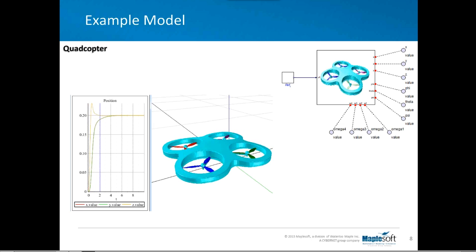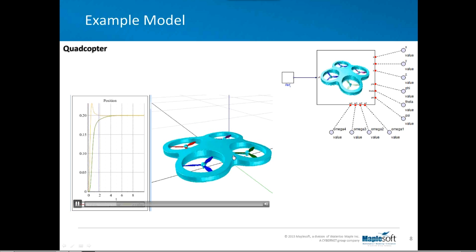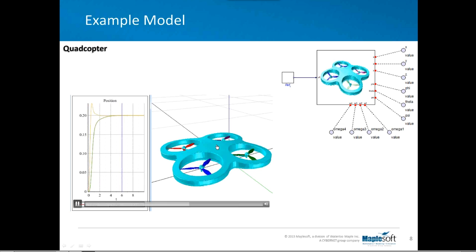Another example is a quadcopter. So this example involves a rigid body which represents the mass and inertia of the body of the quadcopter. As it's shown here, there are 4 propellers, and the speed of these is controlled via a controller to achieve a position and orientation in space. So this model incorporates the mechanical or multi-body parts that represent the dynamics of the system, and also a controller for it, which, with the same approach as we've seen in the previous example, was done through the connectivity through a Maple environment,